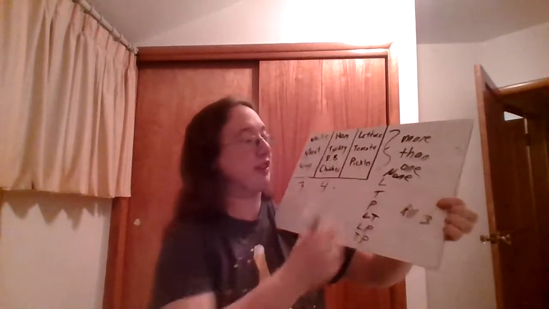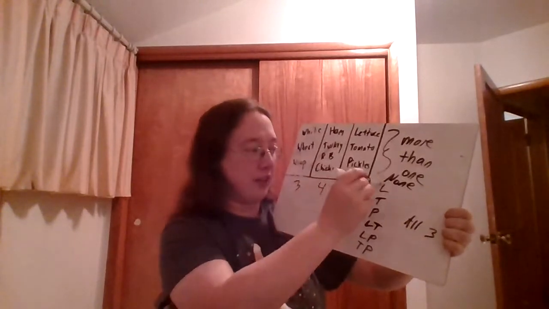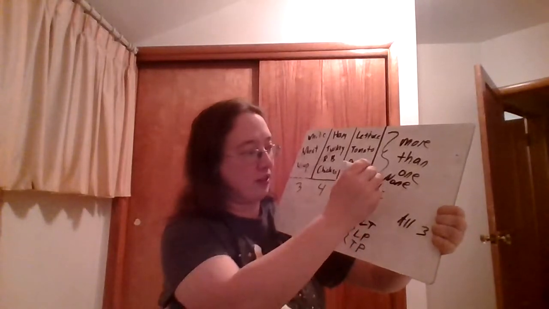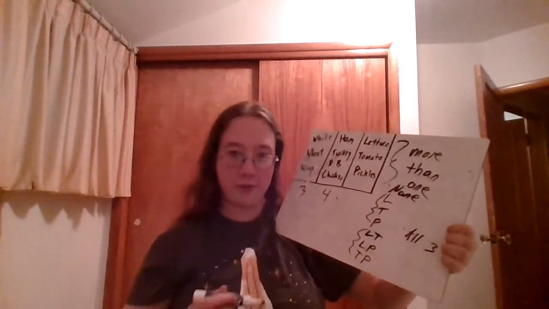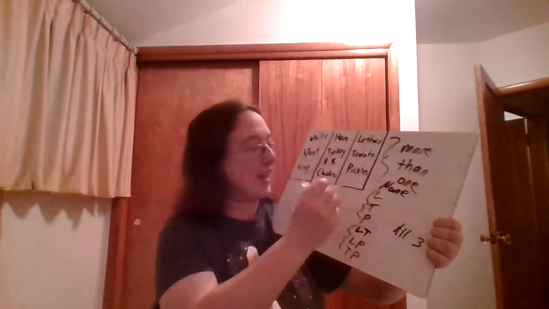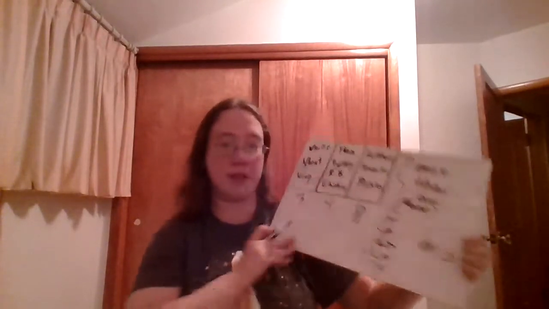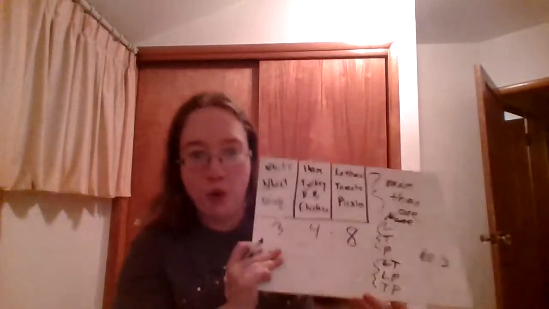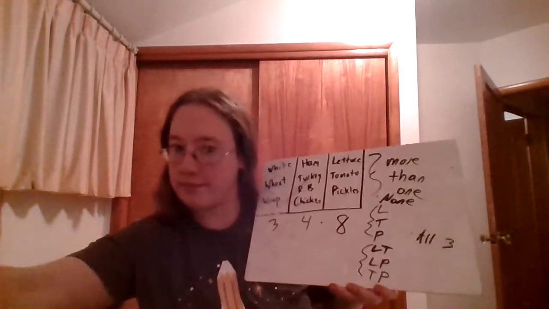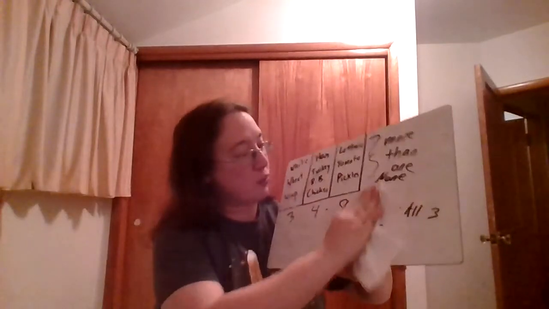Should have left myself some more space down here. So I've either got none, I've got 3 options for 1 thing, 3 options for 2 things, or I've got all of them. So 1, 2, 3, 4, 5, 6, 7, 8 different things that could happen. That's one way to get to that number. The other way to get to that number is if I treat those